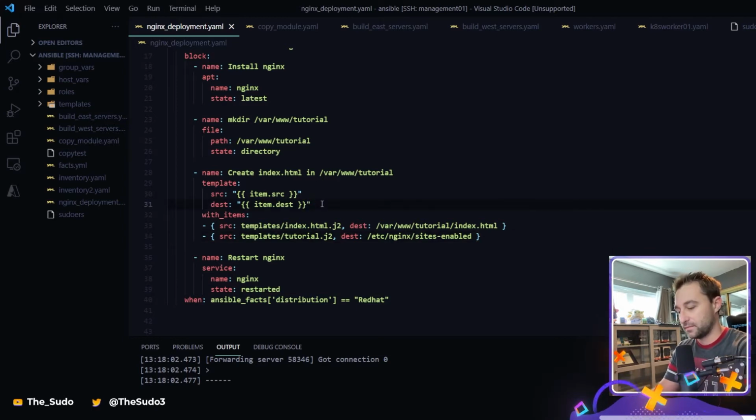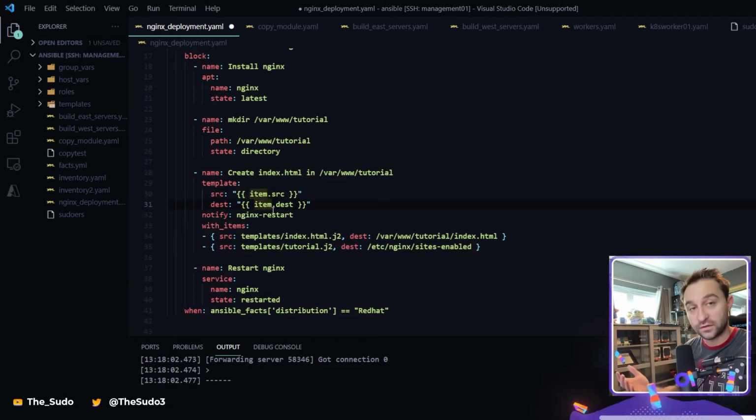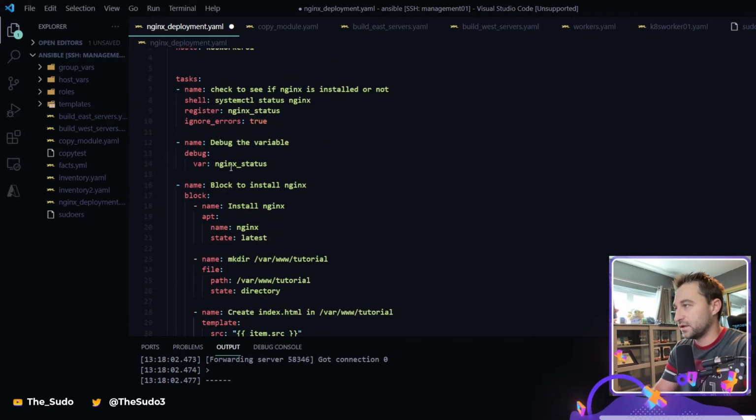We can create a notify argument, and then we need whatever we're going to name our handler, right? So if I want to name this Nginx restart, right? So now I'm telling Ansible, hey, if a new file is applied and you notice that this task has created a change, notify and run the Nginx restart handler task. So I'm going to create a handler section down here, and that is going to be